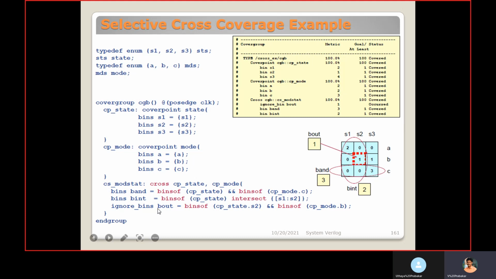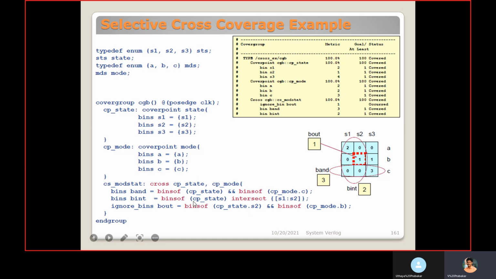Ignore bins, we are declaring. We can also write ignore_bins inside this cross. So which we want to ignore? binsof CP state dot S2 and binsof CP mode dot B. So when the state is S2 and CP mode is B, this bin will get a hit, and this will be ignored for coverage.